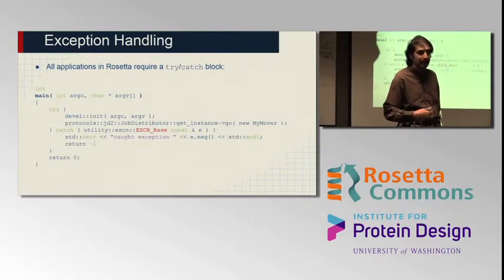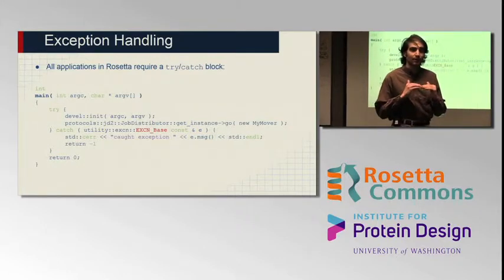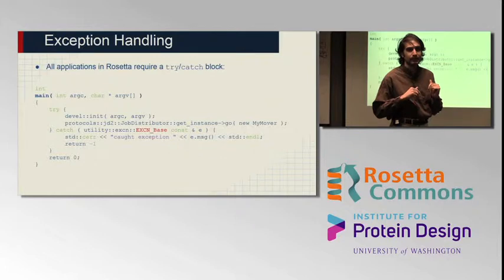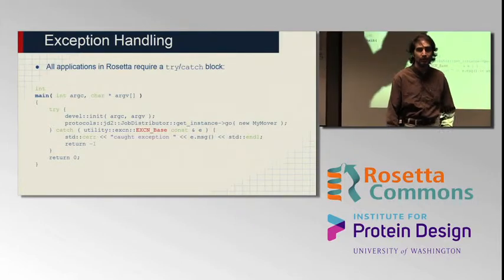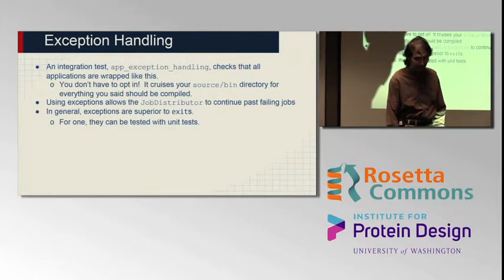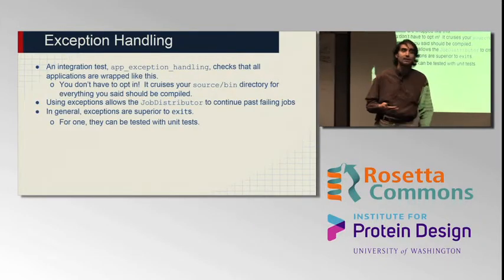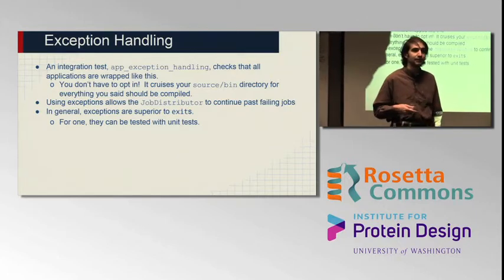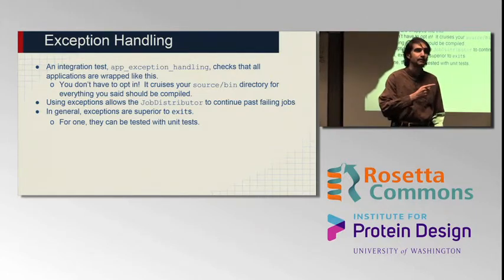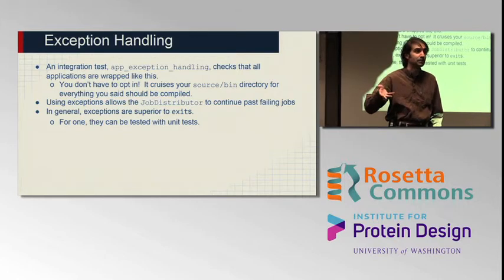Apps that are going to be compiled by default are listed in apps.source settings and pilot apps.source settings. If you've added an app to that, it has to be set up like this with a try and catch block in its main function. In order to enforce that, we have an integration test that actually acts more like a unit test called app exception handling. And it just goes through all of the binaries in source/bin, tries to run all of them in a manner that produces an error. There's actually a flag that says exit with error status,